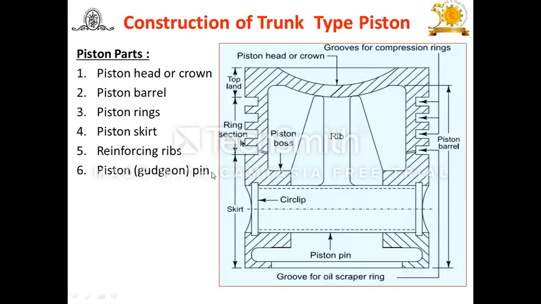Now here in the piston ring section, piston rings are fitted to prevent the leakage of gases. Again, in piston rings there are two types: one is the compression ring, and the second is the oil scraper ring. Generally, you will find the bottom ring is an oil scraper ring. It takes care of lubricating the piston and cylinder, as well as taking out that lubricating oil or scraping it into the crankcase.